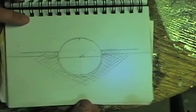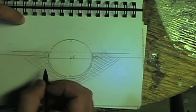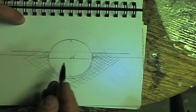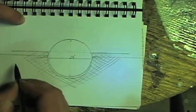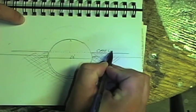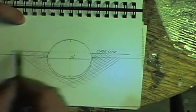Okay, so this is a really simple example, almost to the point of ridiculous, of what an actual undercut is. No one is going to just look at a ball and not know where the center line is, so you're definitely going to be figuring that out while you're working. And if you imagine that this is the plaster mold, and this is your case line, then you can determine that this is obviously going to lock this ball into